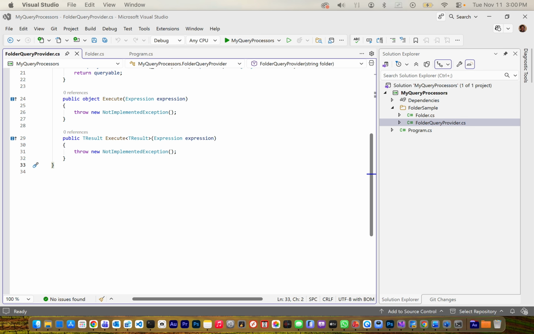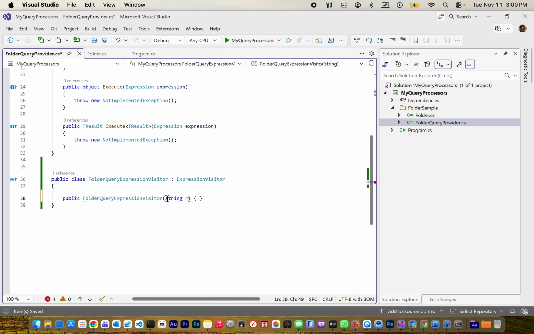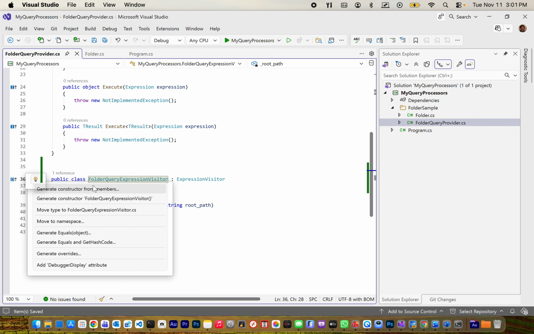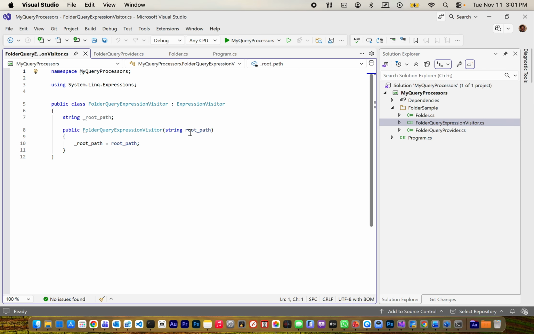And for that, we're going to create a new type. And of course, this will take the root path, right? Because we need to know where to go for it. Okay. And we're also going to move this out into its own class. And now going in here,